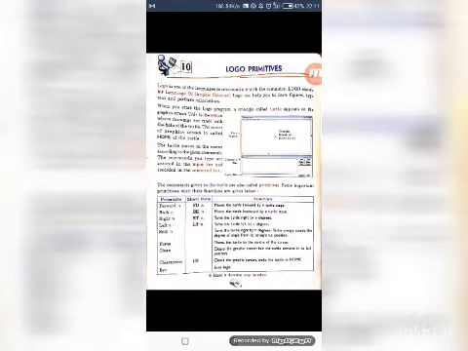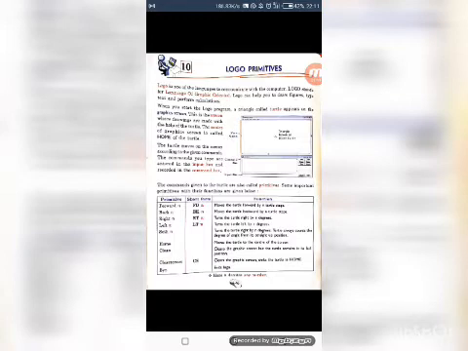Now we have to study about turtle, the full form of logo. So let's start. What is the full form of logo? Logo stands for language of graphic oriented.